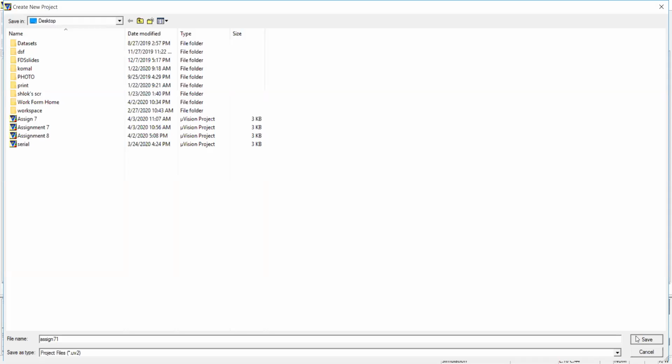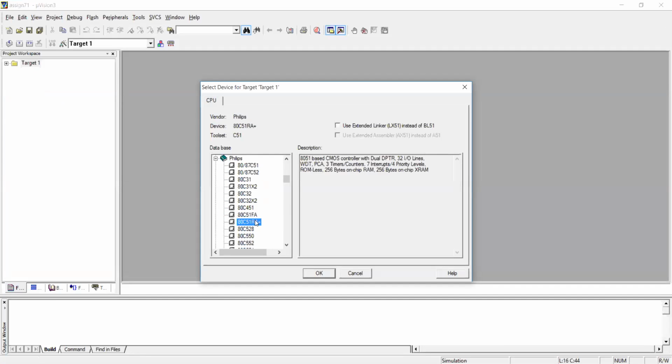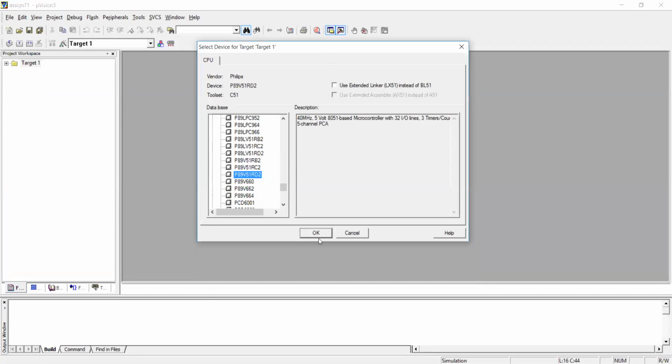So I save my project. Now it is asking me to select the device. So I say Philips. Why we are using Philips only, that was already explained in the class. In our lab, whatever kit we are using is from Philips, and that's why we have to select a device from Philips, and that device number is P89V51RD2. You have to select this number only for all the assignments of part 2. Say okay.